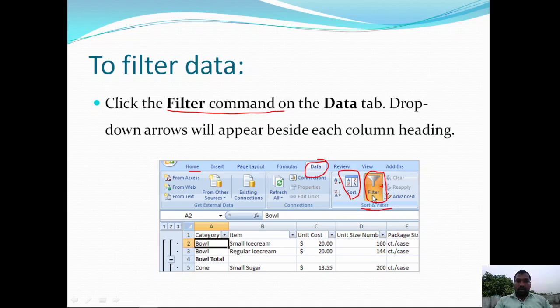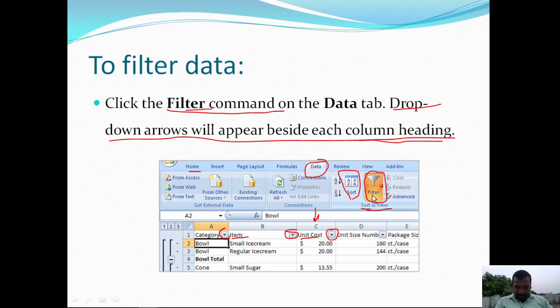After selecting this filter command, a drop down arrow will appear beside each column heading. In this picture you can observe this is one column, unit cost is the column heading, and this is the drop down button. Item is another column heading with its drop down button.